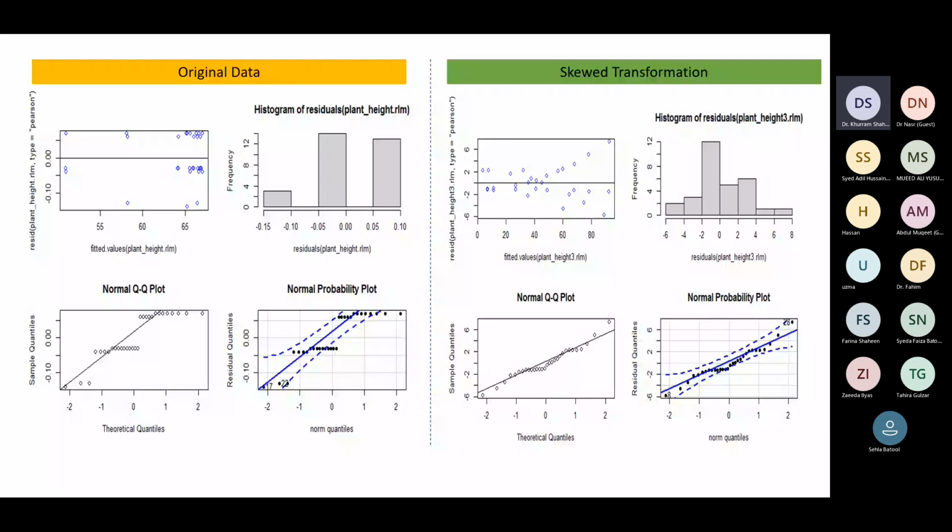And many people do not know these things, the assumptions of models. They just run ANOVA and a multiple comparison and say this treatment is good. So these make